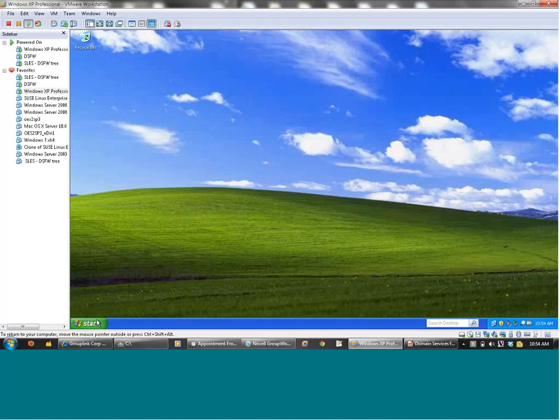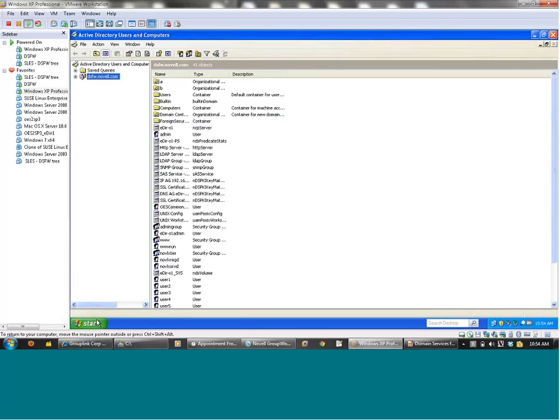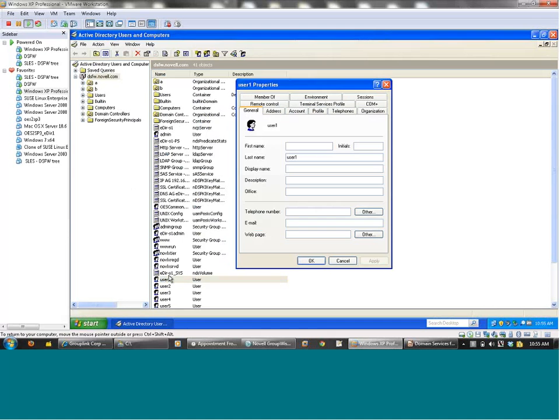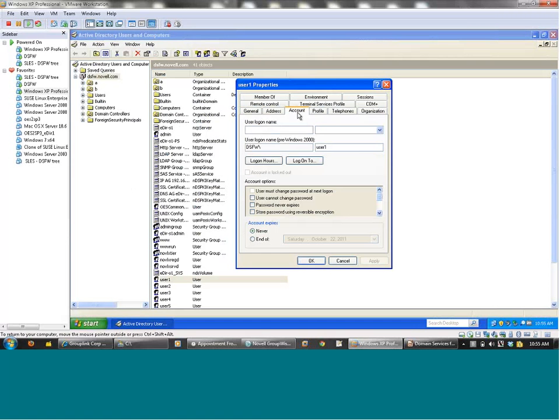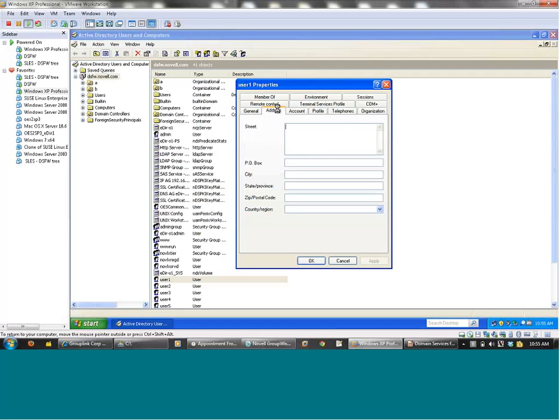They're all eDirectory users. DSFW just allows them to be accessed by AD tools. So here's our domain. Here's our users. We can go through and take a quick look at one of them here. It's kind of slow. Again, exactly like in AD. So as far as administering your users,